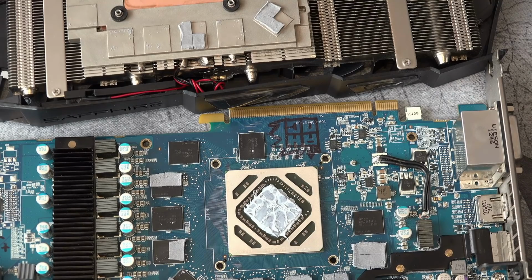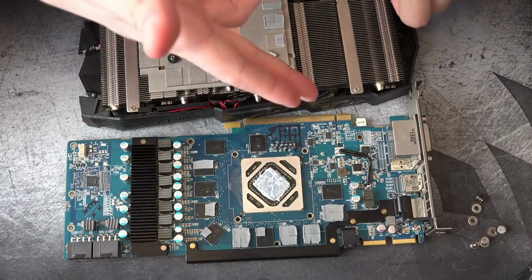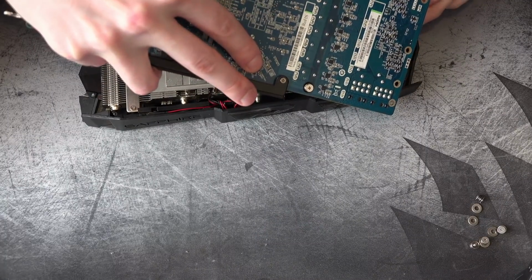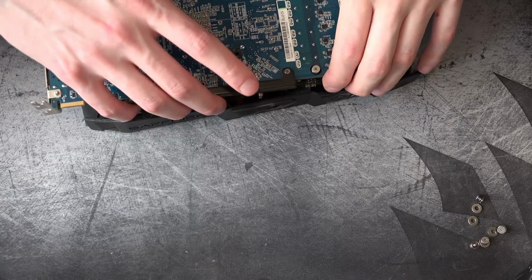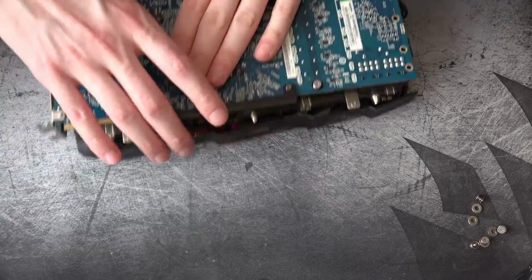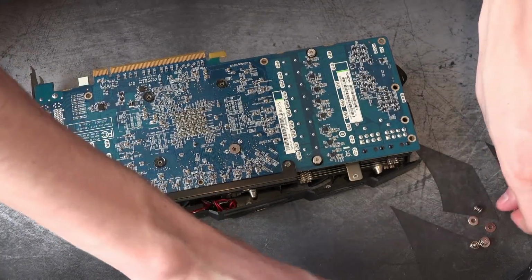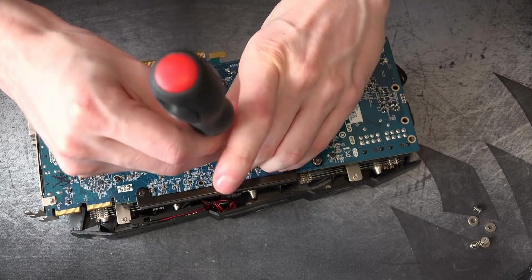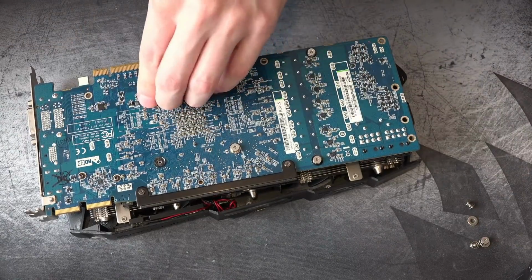And the thing is, I'm probably not going to run the card long enough or intensive enough to matter. The main issue is I wouldn't recommend doing something like that for a card you plan to run a lot, because you're probably going to overload the memory controller VRM eventually. When that happens, it's just going to blow up, and then the card's going to be dead again. So it's very much a temporary repair. But at least it runs for me, so